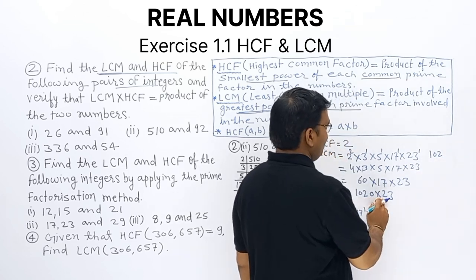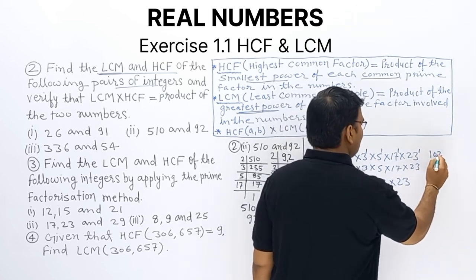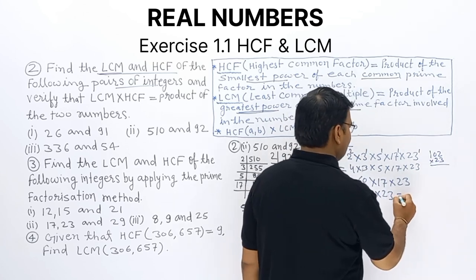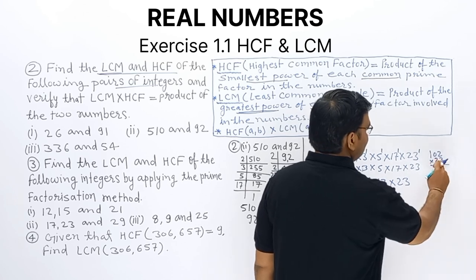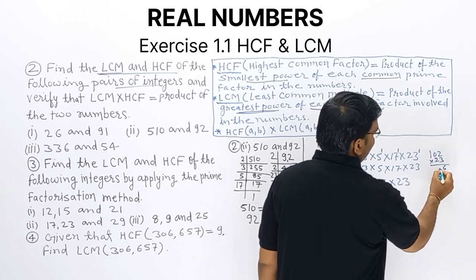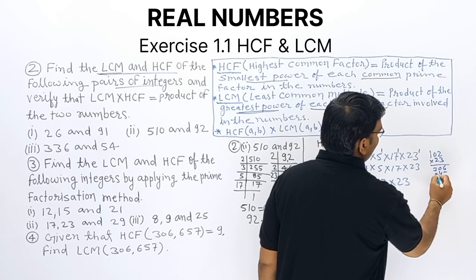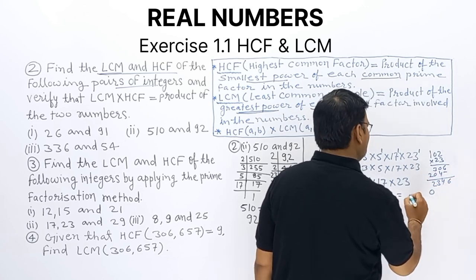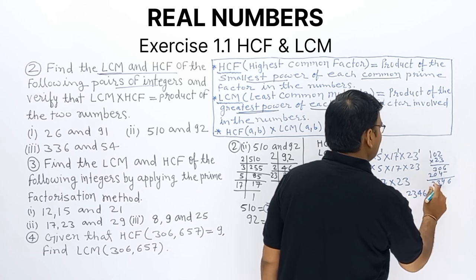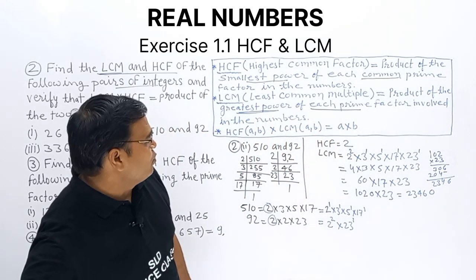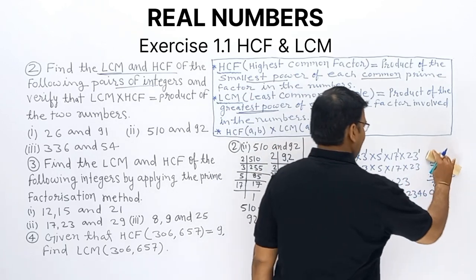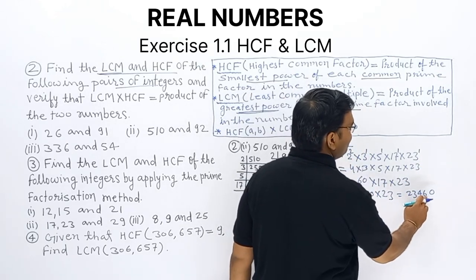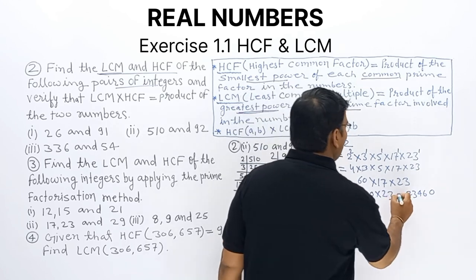102 multiplied by 23. So we will multiply 102 into 23. Directly I am doing it. We will use 0 directly, so 0 will be there. Then 3 twos are 6, 0, 3 fours are... 2 3 4 6. So this will be the product. So what is the LCM? LCM 23460 will be the LCM of